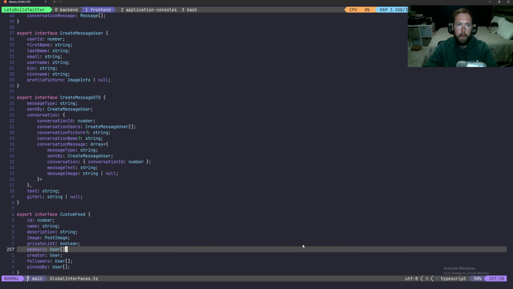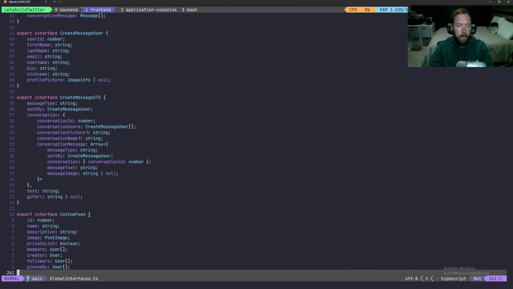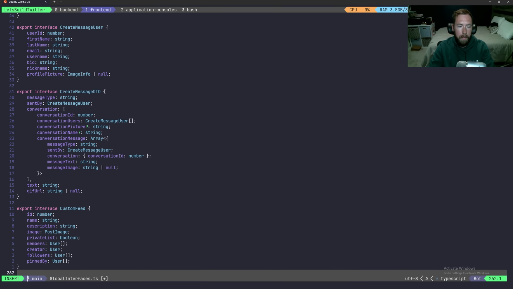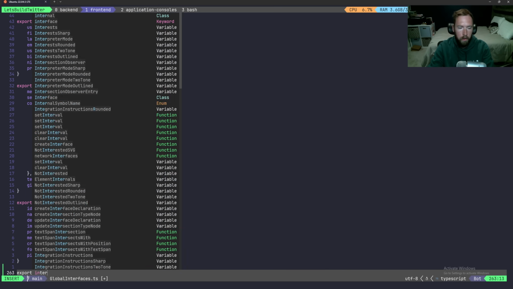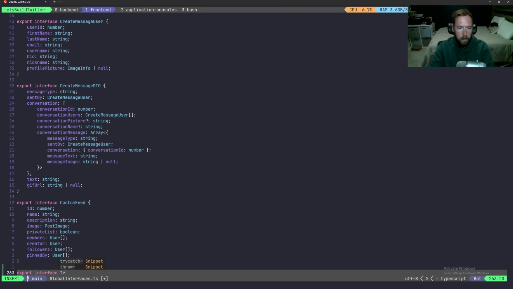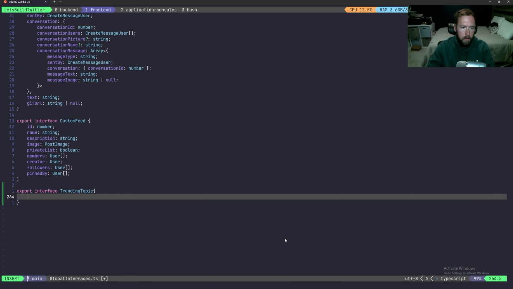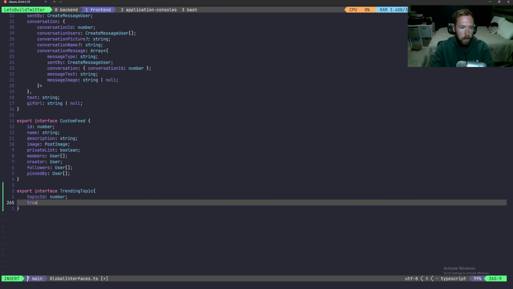Today we are starting out inside of our global interfaces inside of our front end, because we need to create all the interfaces for the entities that we created in the last episode. Let's start the export interface. And then we're going to have our trending topic interface. Inside here, let's make a little bit of space. We're going to have our topic ID. This is, of course, going to be a number. We're going to have our trending topic,